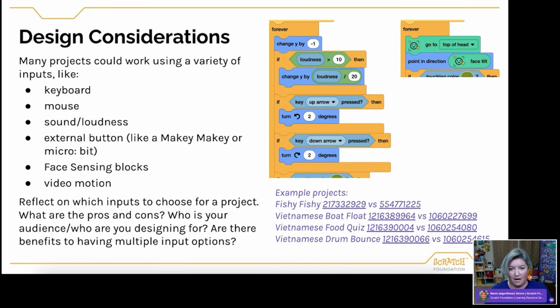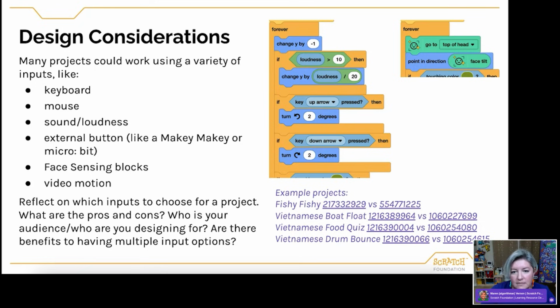What's the goal of the project, right? So lots of different considerations that you can have as you are developing a game. And of course, this also adds layers of complexity and debugging opportunities. Funny how I do that a lot. But I love having kids think through the why with their game, and that again adds this nice level of complexity.